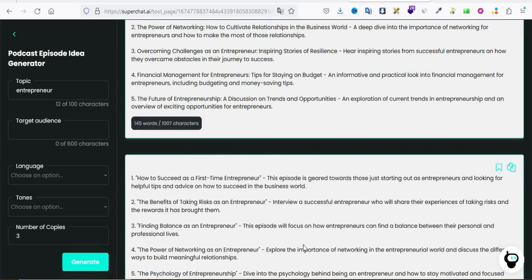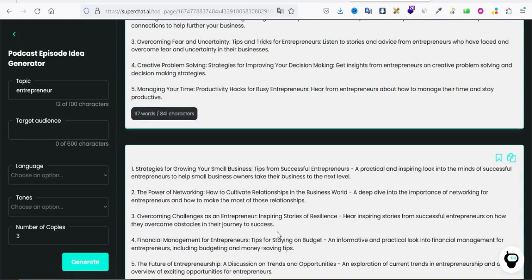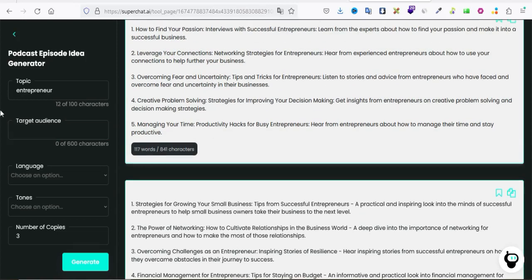Super Chat's podcast episode idea generator comes in as a brand new AI feature designed to help you generate ideas for podcast episodes based on your niche and target audience.